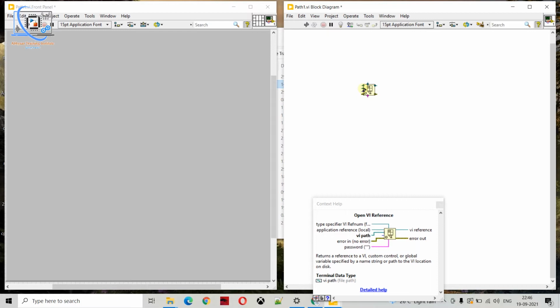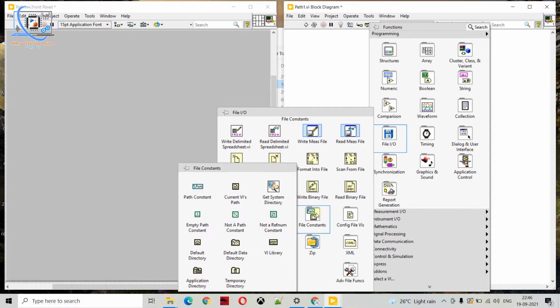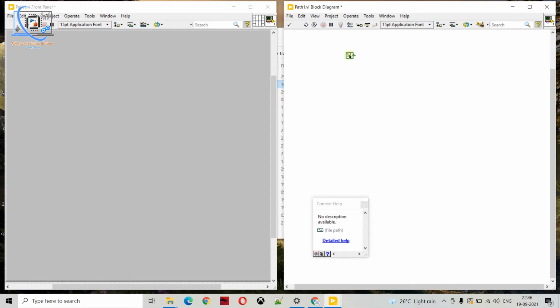We have discussed this Open VI Reference as well; if you have not watched that video, you can watch it. Let's delete this, and once again we will go to file input output, and then to file constant. This file constant is a simple constant like the one we have in the case of a string.